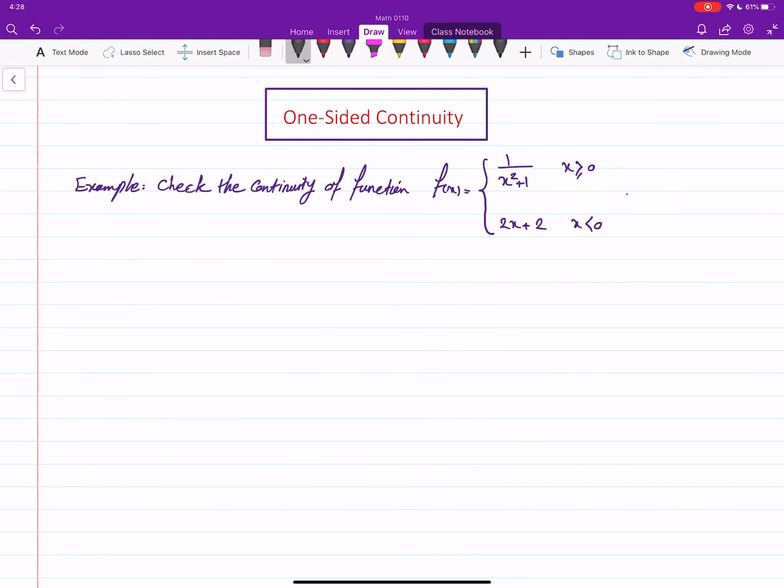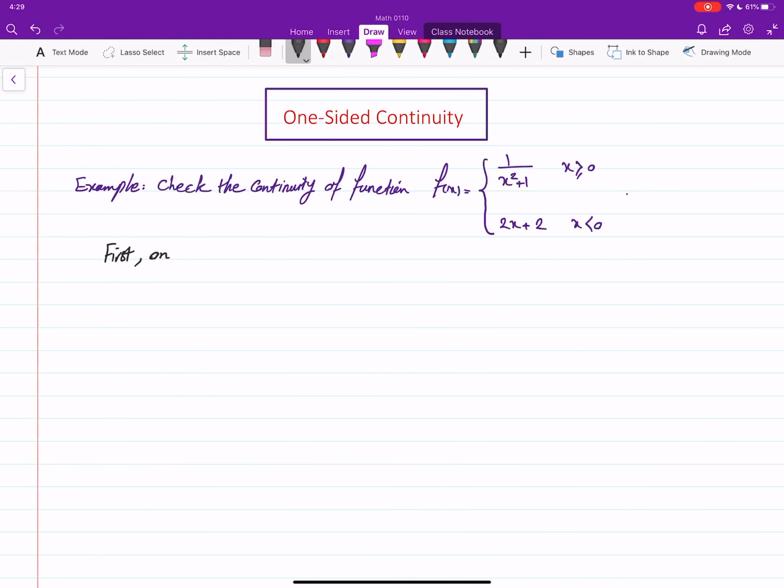from the topic. Well, we have a function, and the question is to check the continuity of the function, which is piecewise defined. For x bigger than or equal to 0, it's 1 over x squared plus 1. And for x less than 0, this is 2x plus 2. So first thing to note is that